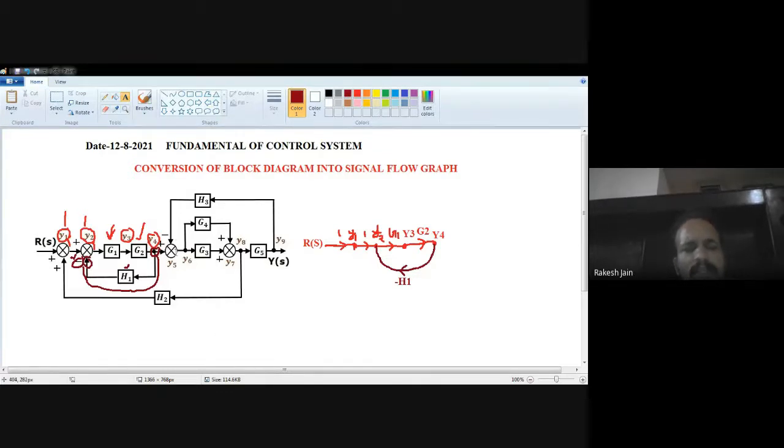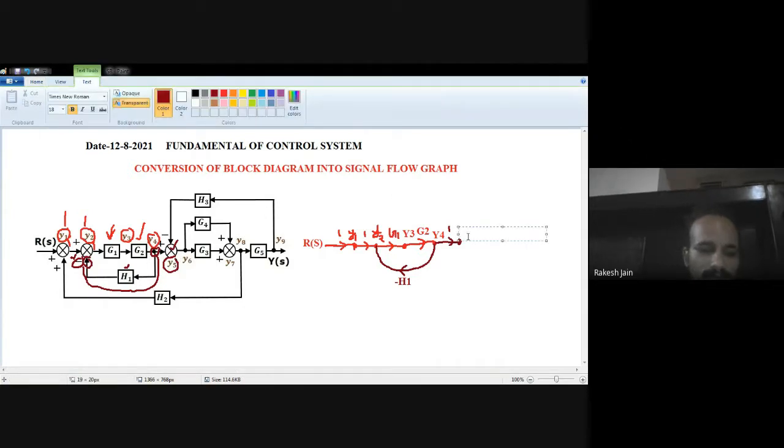Then a summing junction is given. So once again, because the summing junction is given, with a gain of 1, I just mark the summing junction, and the node name is y5. Now see, I'm talking about this one. A summing junction is given, that's why I just draw a line and mark the gain as 1, and the node name is y5, as the summing junction name y5 is given.